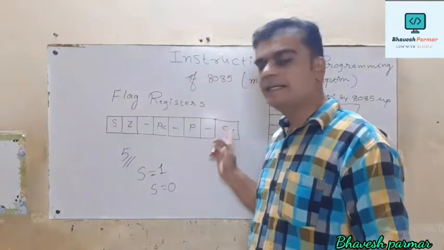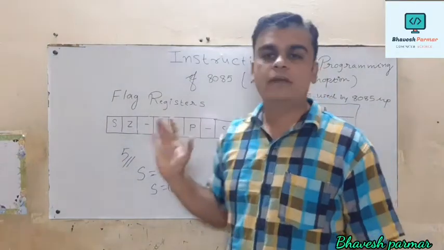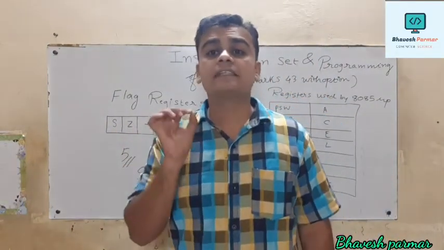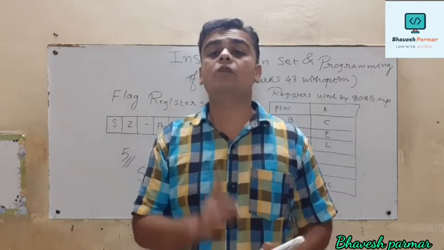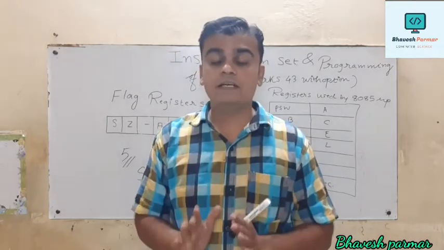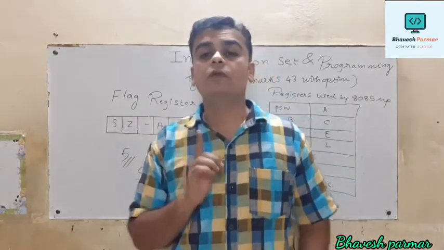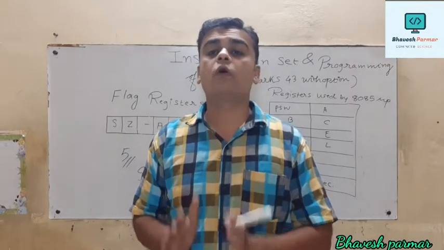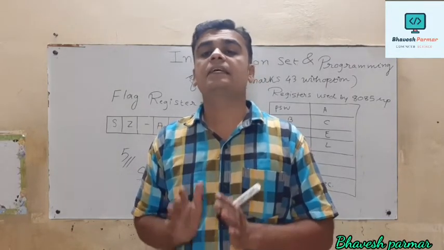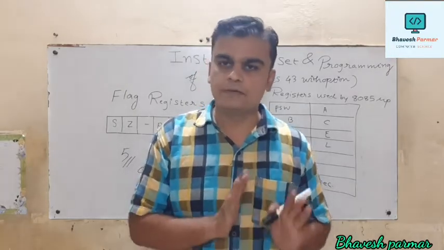So before discussing carry flag, let me take a fast quick review of these 4 flags. So S flag represents what? Sign flag. Sign flag is affected if your MSB bit is equal to 1. Otherwise your S flag is equal to 0. Okay, Z flag is equal to 1 if your result consists of all zeros. Otherwise it gets reset to 0.